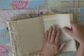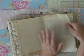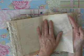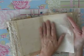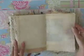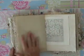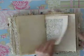This is paper that you get in photo albums between the photos, like between the pages. This album is a really old one. It's about 80 years old. It was falling apart, so I took out some of the leaves of this paper in between to use in my journals. There's an old map,